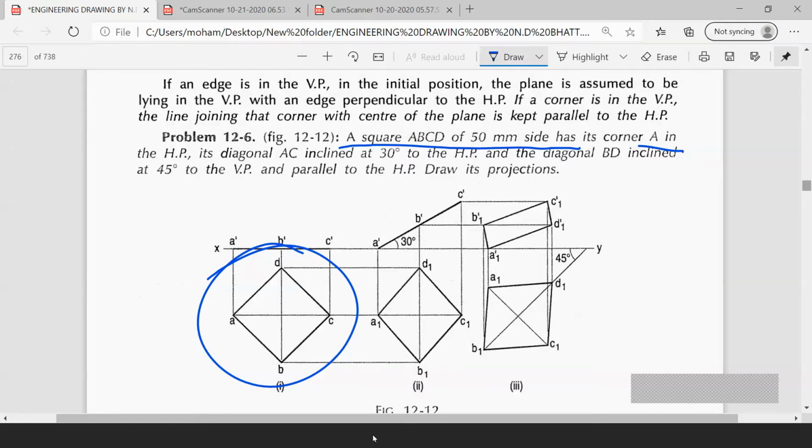So how will you draw? You can see in the whiteboard. Just see here how we draw. For every drawing, the procedure will be the same. All the notations above the reference line, that is, the notations in VP, we will consider as a dash. Understand? We consider it as a dash: A1 dash, B1 dash, like that. All the notations in the HP we will consider as A, B, C, D, A1, B1, A2, V2. Okay? So, first,